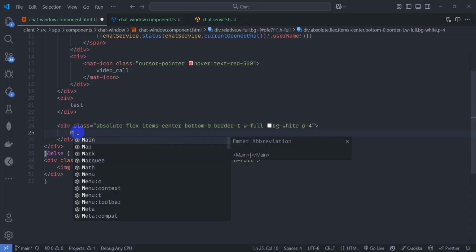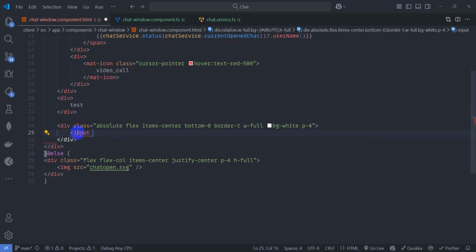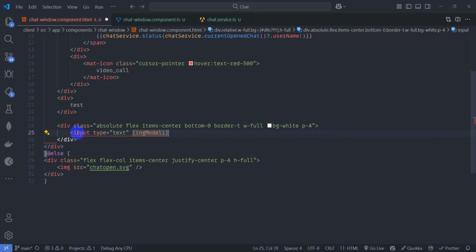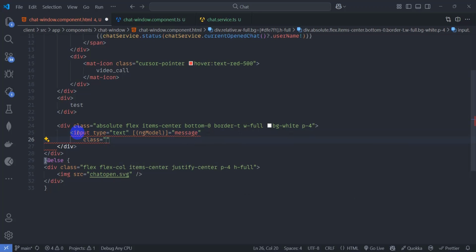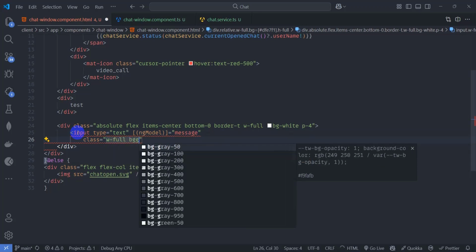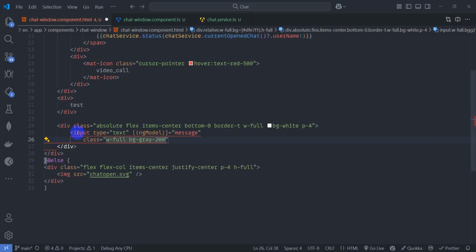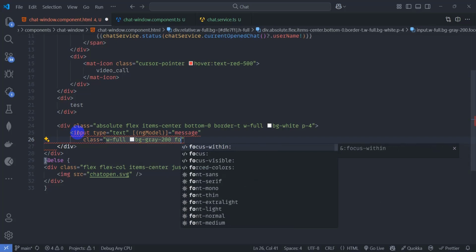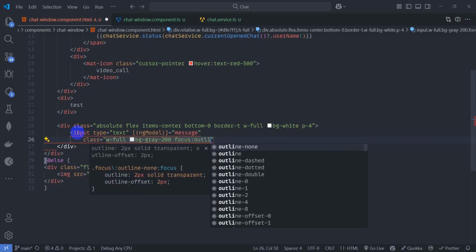And inside here let's add input, type text, input event, ngModel message, let's give class w full, bg gray 200, focus outline none,